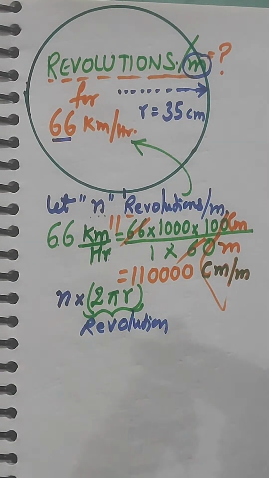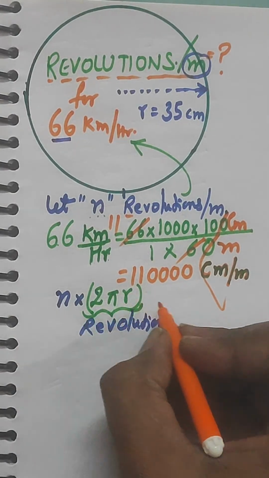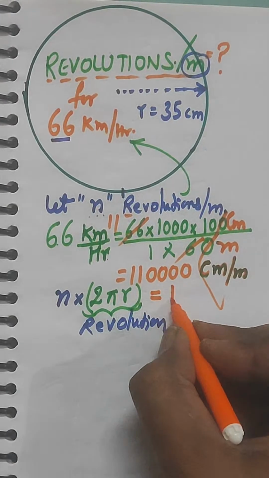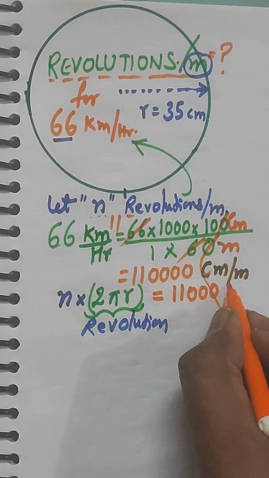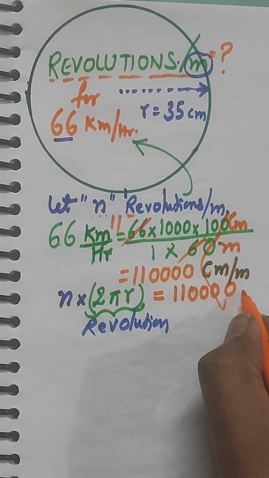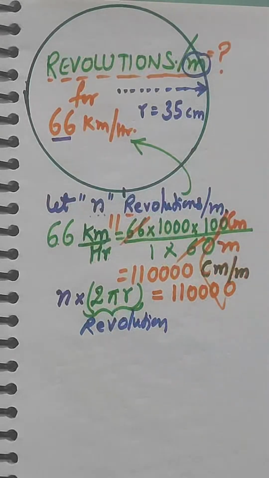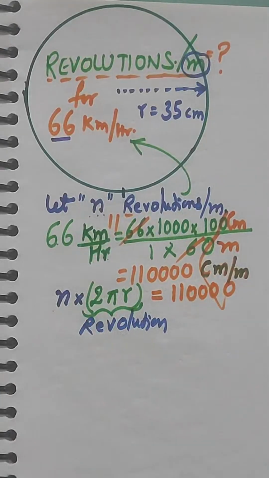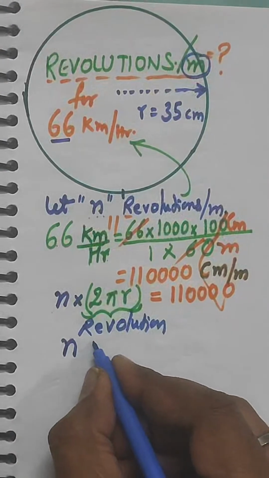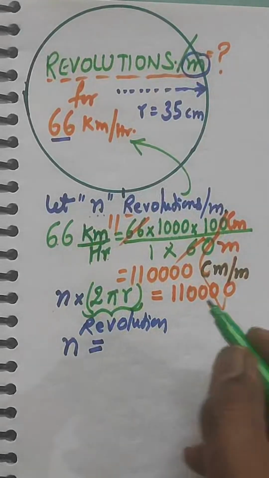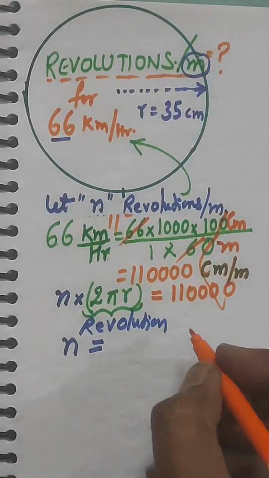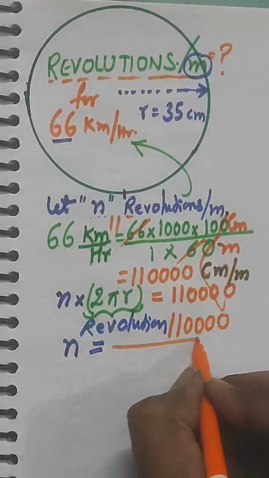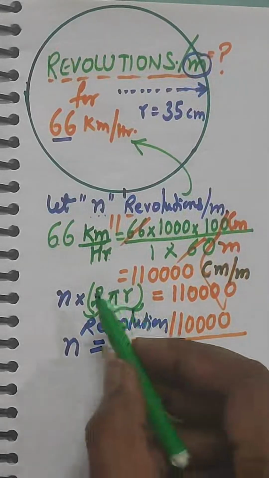And that is equal to 110,000 centimeter per minute, when this speed is achieved. So we just calculate this value of n. The value of n can be calculated as 110,000 divided by 2 pi r,